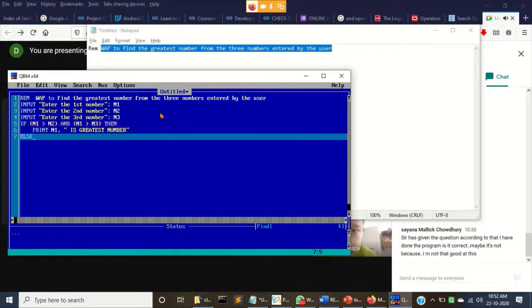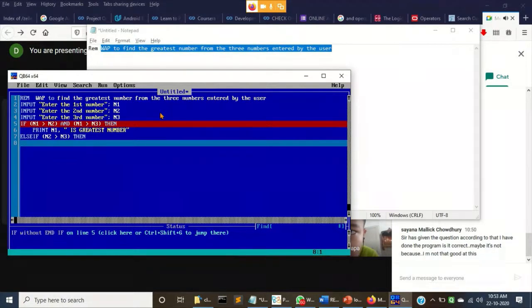Now else if, I will compare n2 and n3. If this is wrong, that means n2 or n3 may be greatest. Else if n2 is greater than n3, now here comes the trick. Then print n2 is greatest.